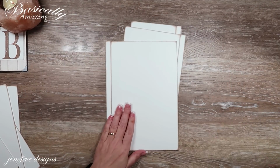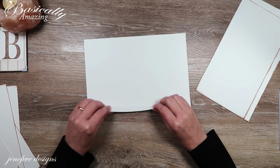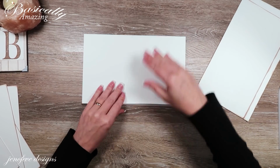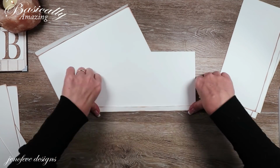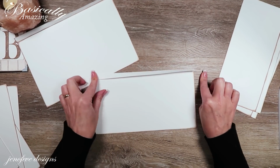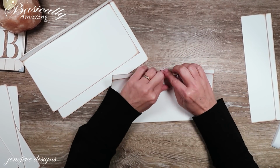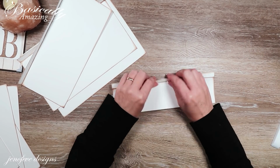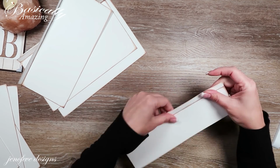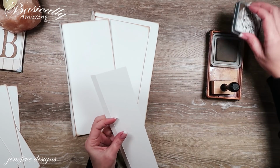Okay, so then after you've scored all your sets, this is just kind of like repetitive scrapbooking, then you want to prep all of those score marks. Prep it one way and then the other. Prep it one way, then the other. Okay, now that you've got them all prepped, then the next thing you want to do is